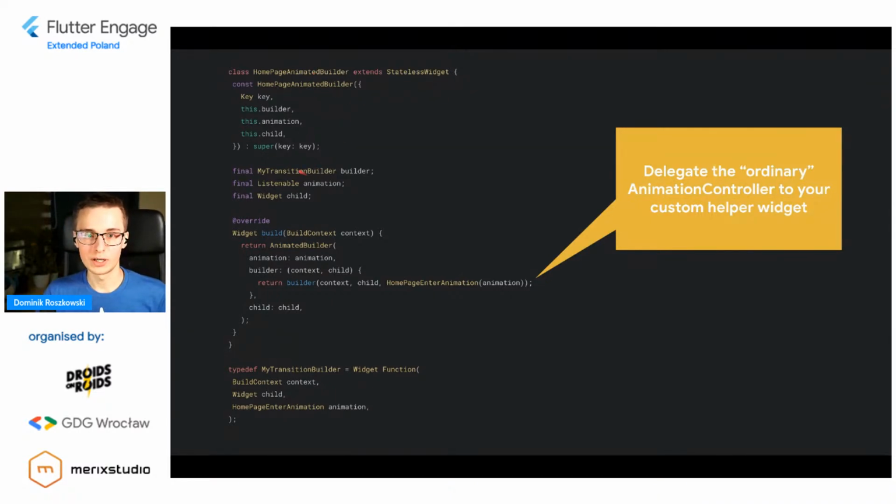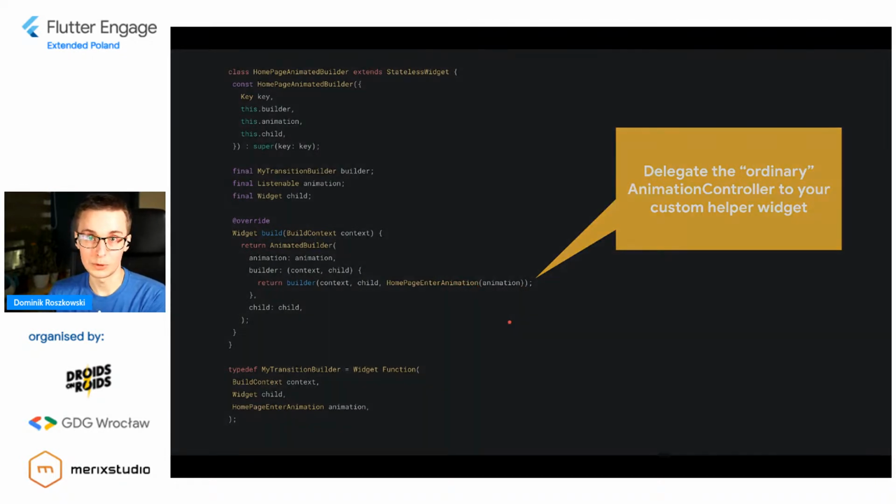And what I have here is my custom transition builder. So here is this type definition, and this is a function that accepts context and widget, which is very similar to typical animation builder. But I also have my homepage enter animation class, and this is this super secret that I wanted to share with you. And what I do, I just delegate to this builder, right? So builder is this function, right? And I just pass the context, child and home instance of homepage enter animation class, and I provide animation to that.